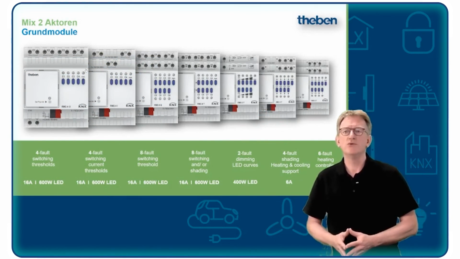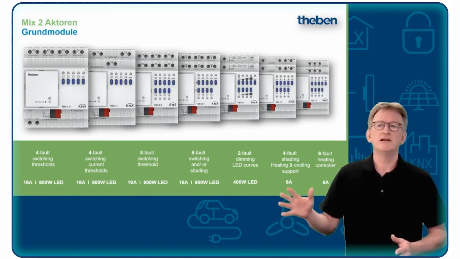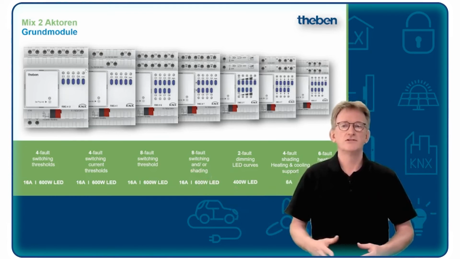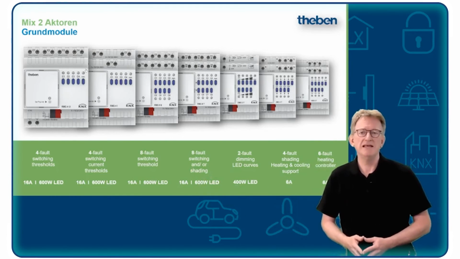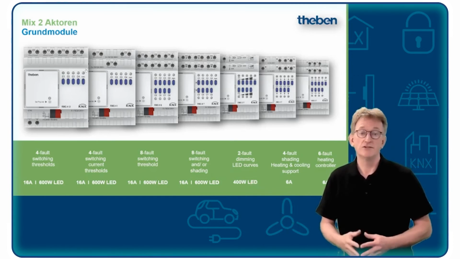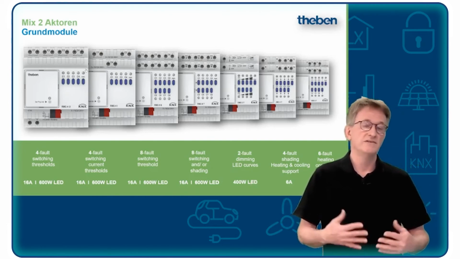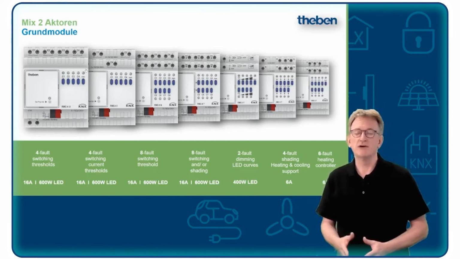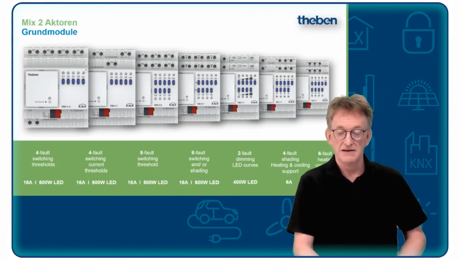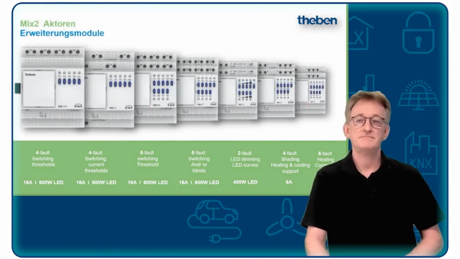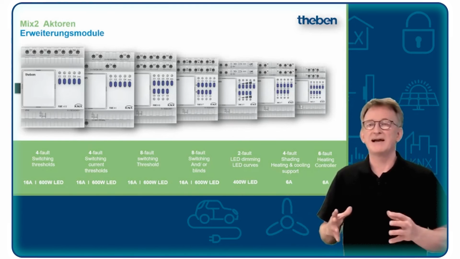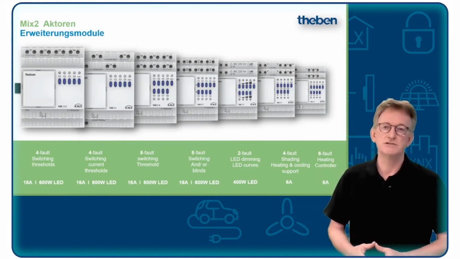I will not go into all the details about switching and switching with current thresholds, 8-volt switching, switching and shading, many other things. But also, all of these devices are optimized for switching and dimming LEDs with a very high inrush, up to 800 amps for LED switching. That's also very important. And here are the extension modules, which you can just plug additionally to the base modules,